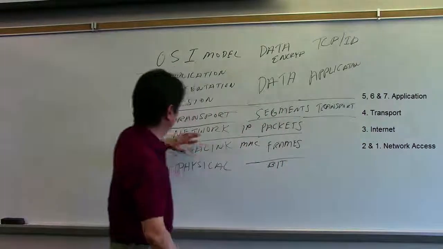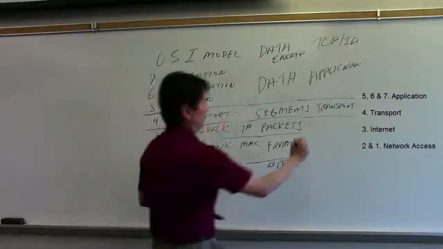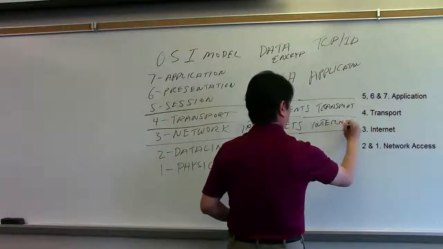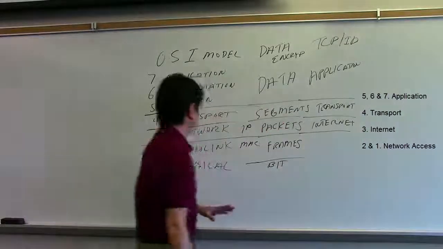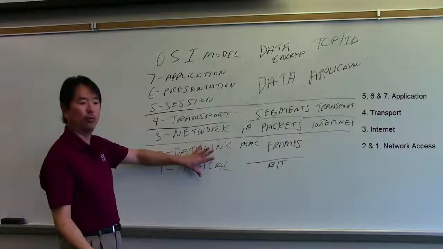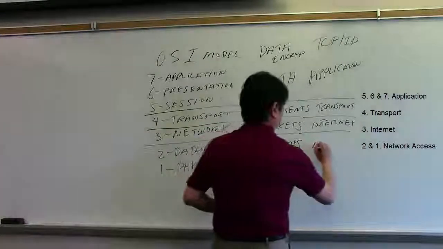And then on layer 3, remember how I mentioned this is how you get onto the internet? So that's the reason why this layer is called internet. And then what they did is, remember how I mentioned that these two layers you need to create a basic network. So on the TCP/IP model, they called these two network